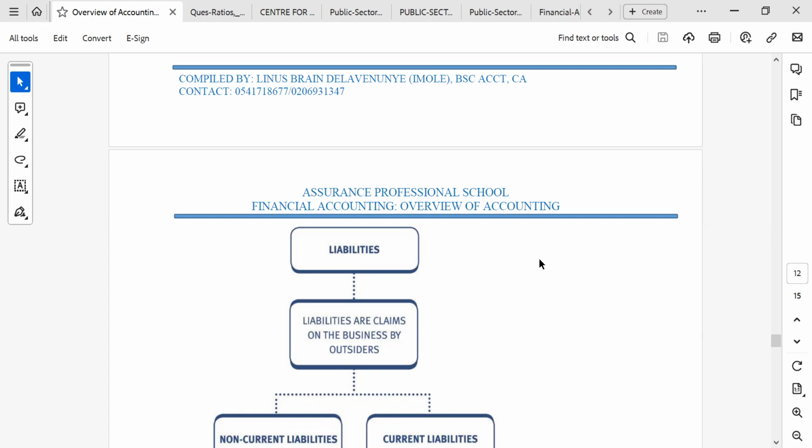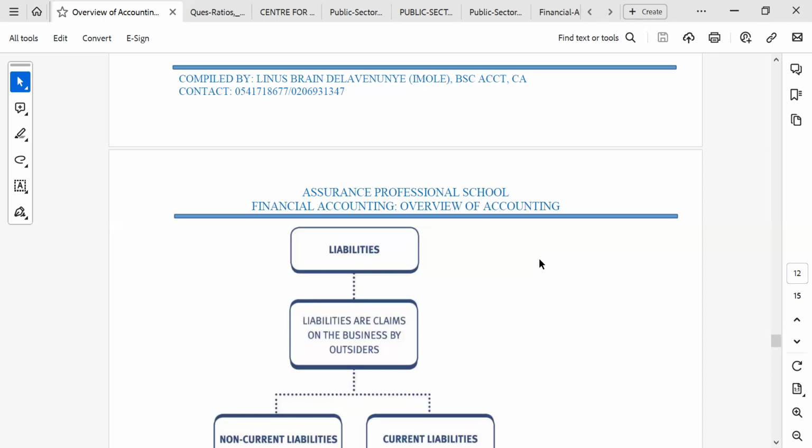Let's go to liabilities. So the liabilities, we are saying that liabilities are financial obligations that the entity has to perform to other parties. Okay. So if you have your small company that you are managing, and the motorbike that you have over there is for someone, or you bought it from someone on credit,